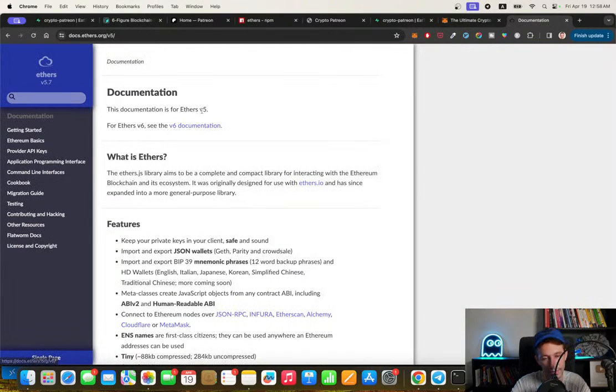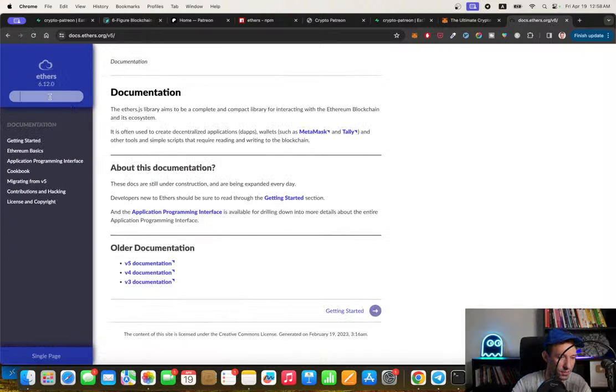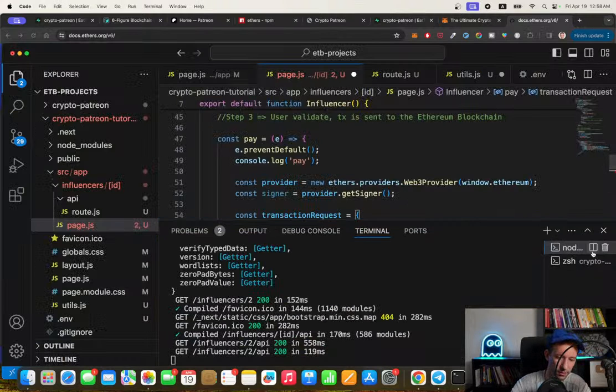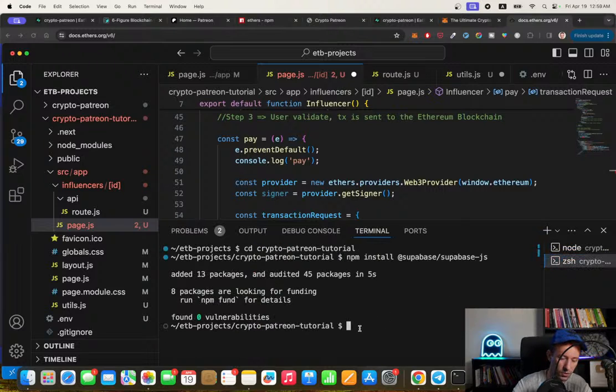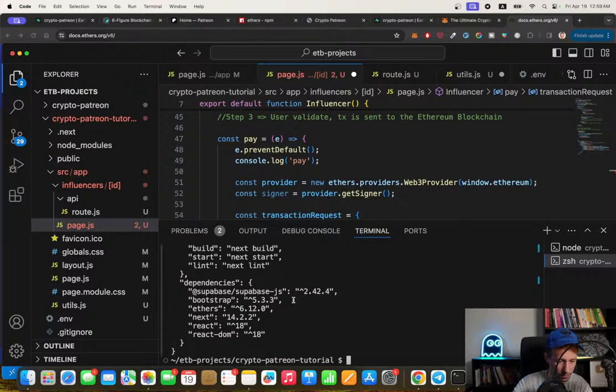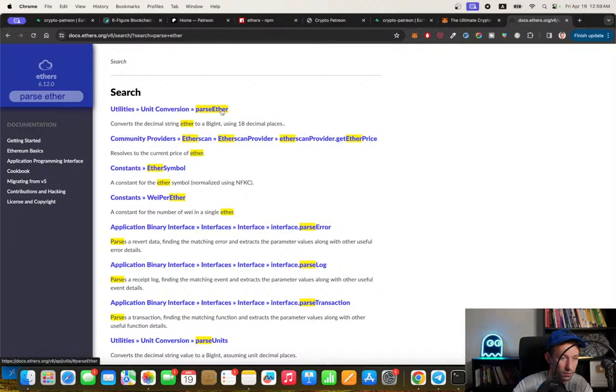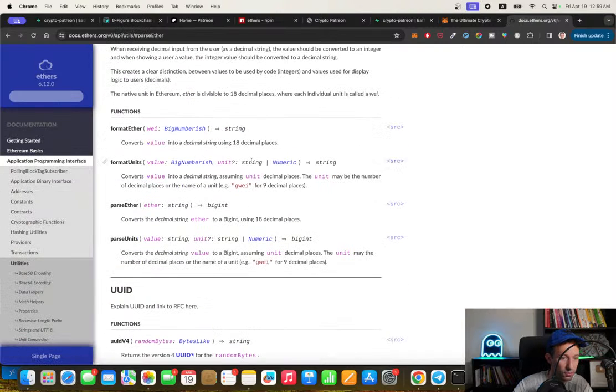So actually, what am I saying with v5? We are at v6. And let's make sure which version we have exactly, okay? Because maybe we're saying some nonsense here. So let's see the package.json. Ethers version 6. Okay, so you see, it's very important to check the version, because otherwise you will make some mistakes. So parseEther, unit conversion, parseEther,